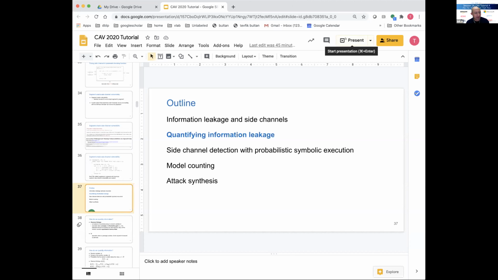And a lot of the things I'm using, I learned from papers I read. I'll list them at the end, but Geoffrey Smith has a lot of great papers on modeling this, the foundations of quantitative information flow. So the things I'm showing are pretty general. But when I get into probabilistic symbolic execution, it will be more recent work that has been done on this. So, let me go back to this presentation.